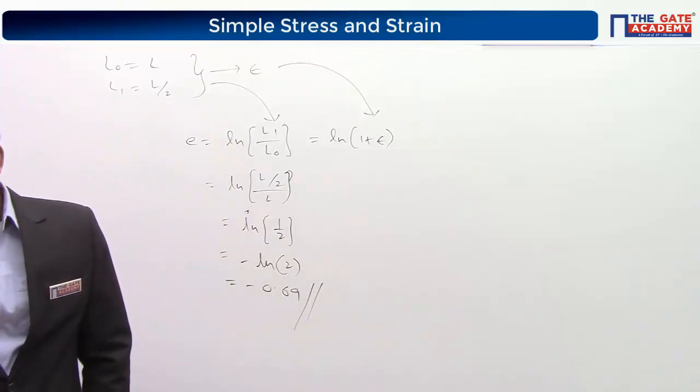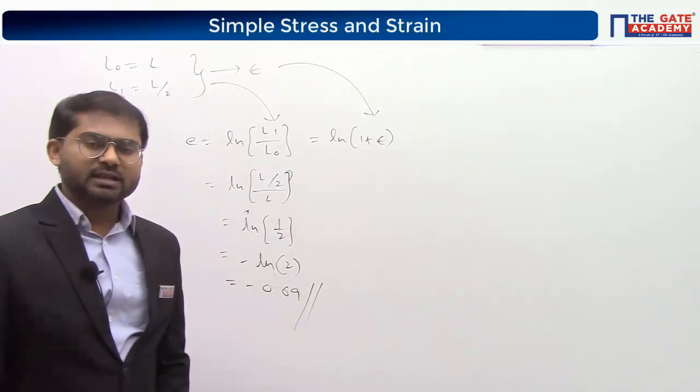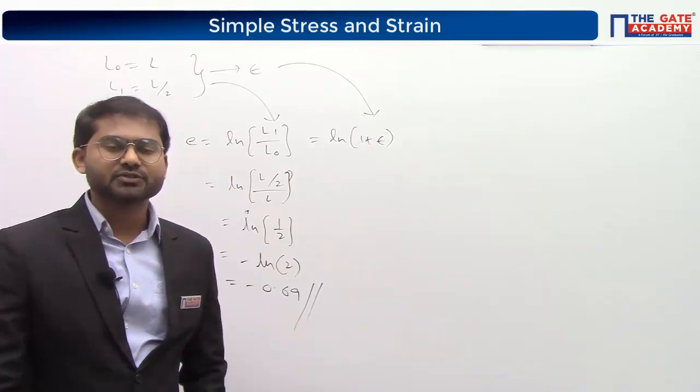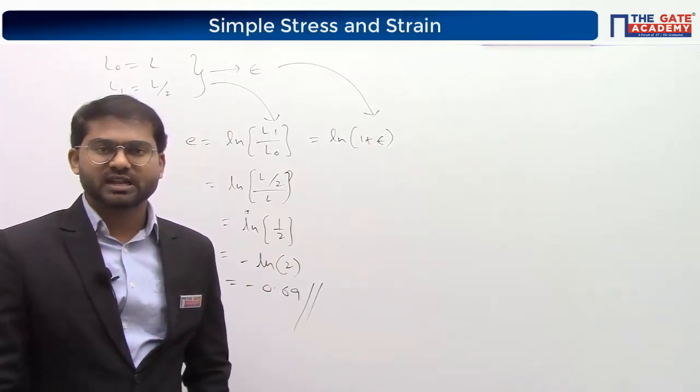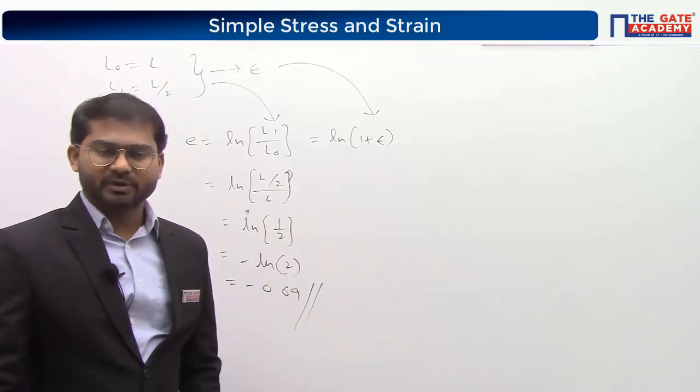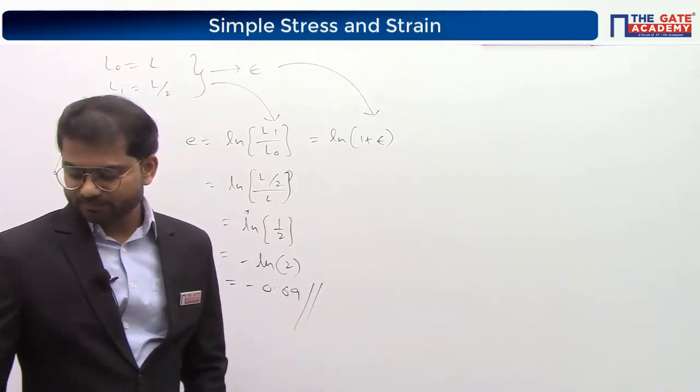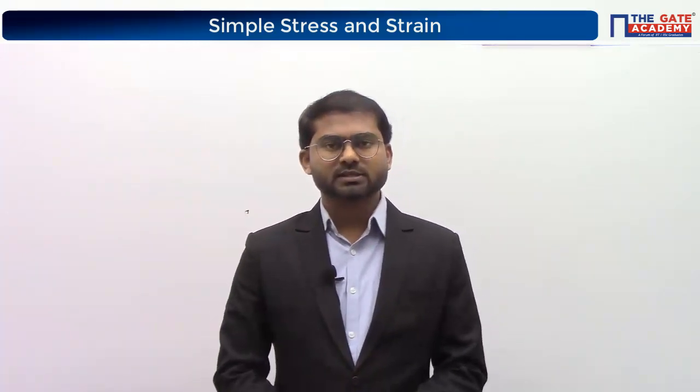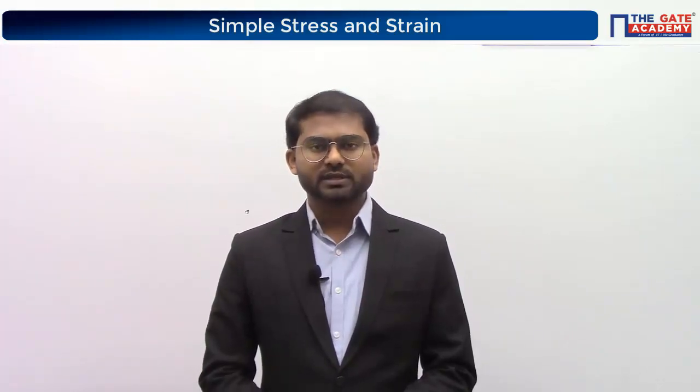Clear? Let's go ahead. Let's understand the stress strain curves. We're going to study 4 stress strain curves, and these will give us a very clear idea of what a ductile material is and what a brittle material is. Can you copy this? Okay. So we are going with the first stress strain diagram. We have to study 4 diagrams. The first is the stress strain diagram for ductile materials under tension. The second is brittle materials under tension. The third is ductile under shear, and the fourth is brittle under shear. So the first 2 are regarding tensile loading, and the last 2 are regarding shear loading.